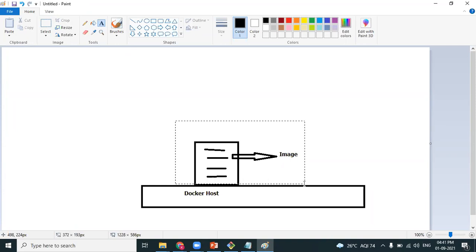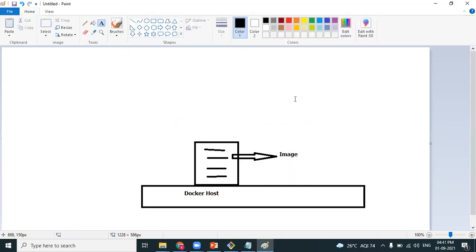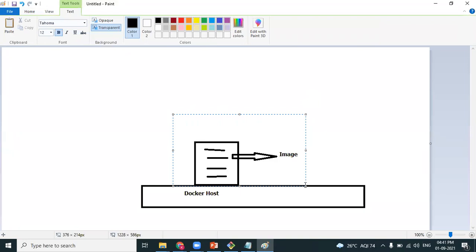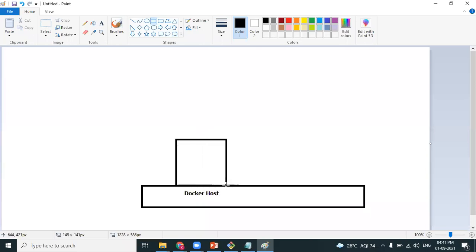Let's have a pictorial understanding. I am creating a container, which is nothing but an Ubuntu container.